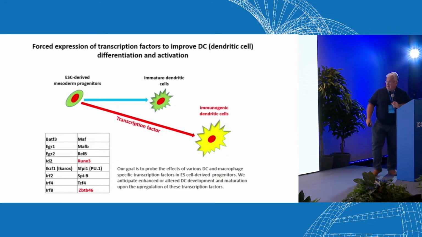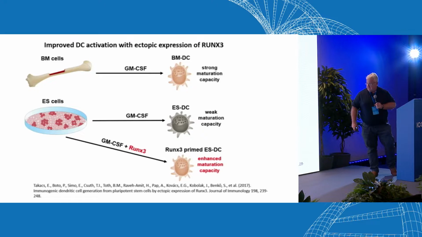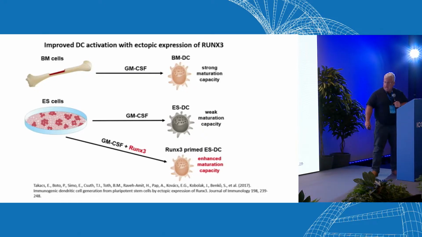strongly modify the phenotype of the blood cells. So, for instance, we found that Runx3 instructed embryonic stem cell-derived dendritic cells have an enhanced maturation capacity, immunogenicity, and T-cell activation capacity. So this is comparable with those cells which can be generated from the bone marrow-derived adult hematopoietic